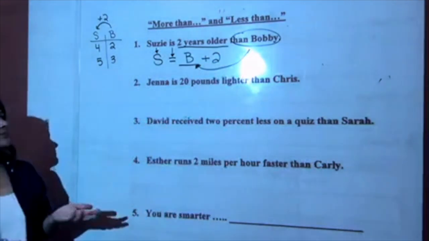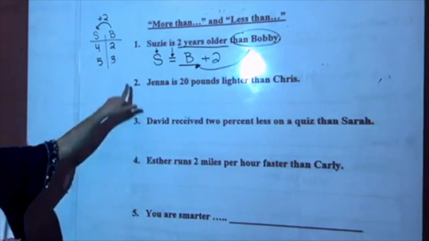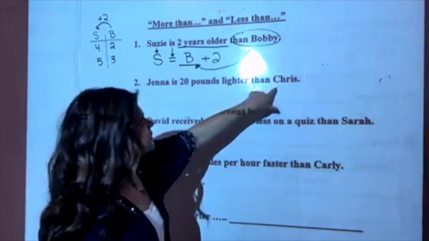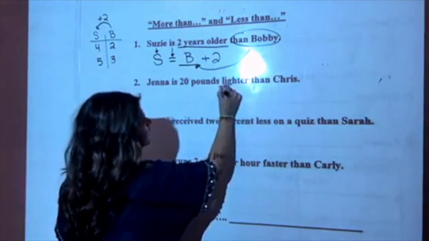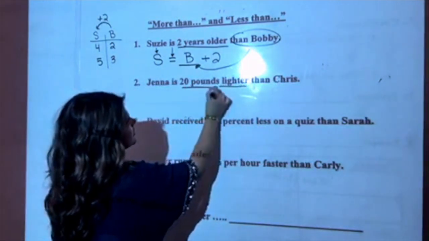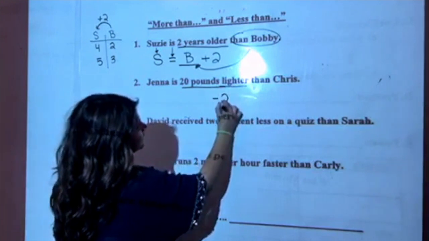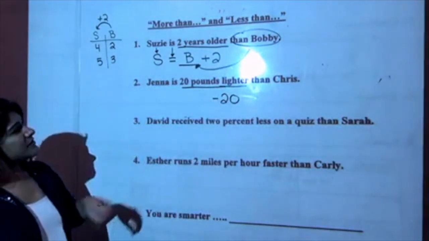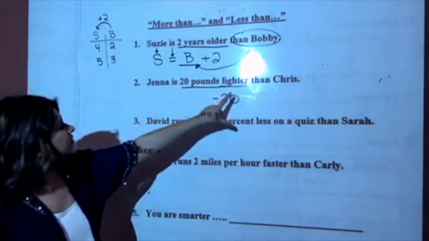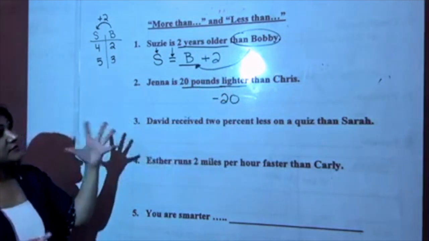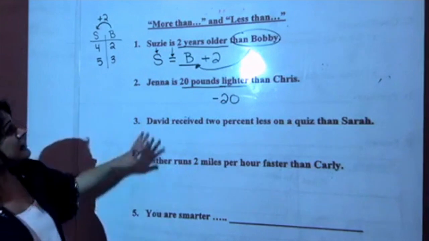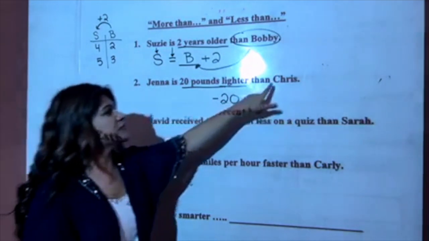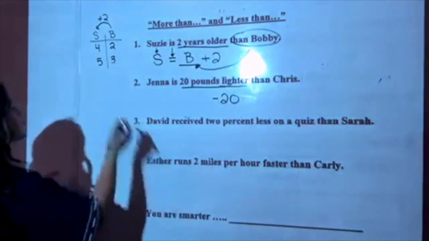Okay, now Jenna is 20 pounds lighter than Chris. If we look at the word lighter, 20 pounds lighter, we know that we're going to be subtracting 20 pounds, right? But 20 pounds lighter than Chris. A lot of students, and actually myself included, get confused. Are we subtracting 20 from Jenna or are we subtracting 20 from Chris? Immediately,